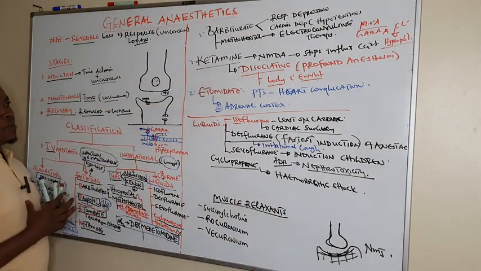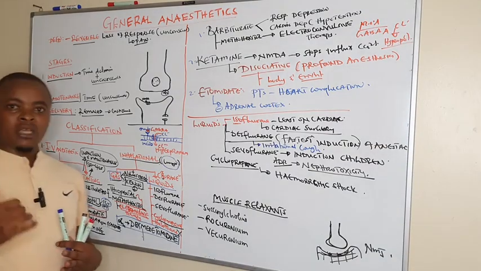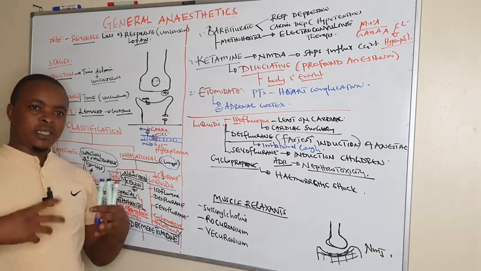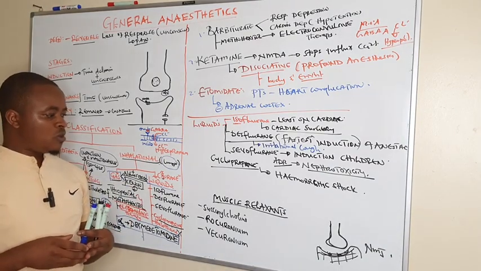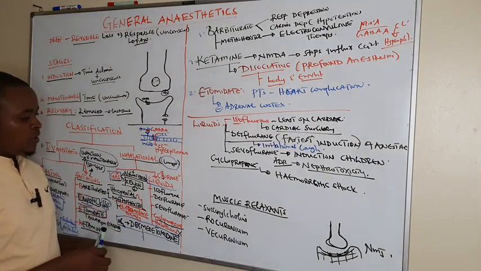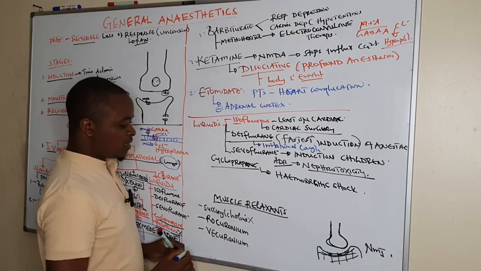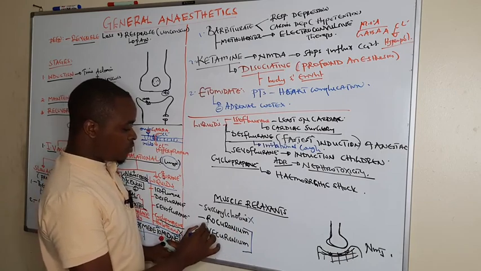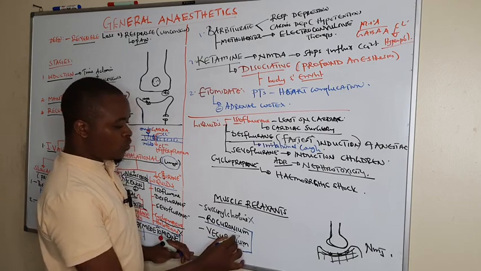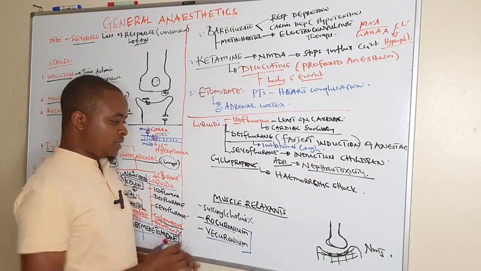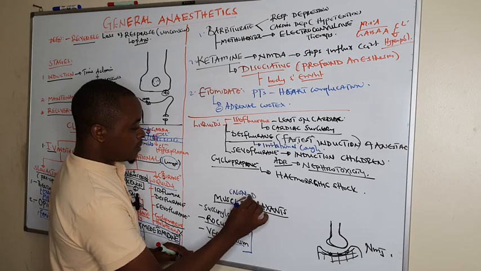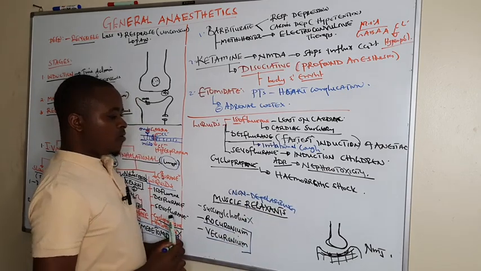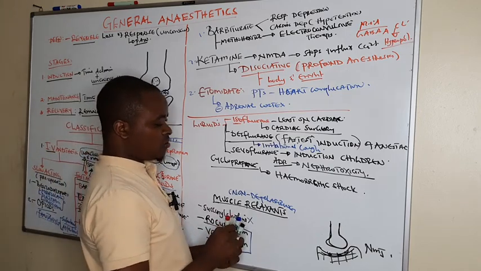Then lastly, the drugs we can discuss in this session are muscle relaxants. These muscle relaxants can also be used to cause immobility. They include succinylcholine, which is short-acting. The commonly used ones are rocuronium and vecuronium. Rocuronium and vecuronium are non-depolarizing muscle relaxants, and their mechanism of action